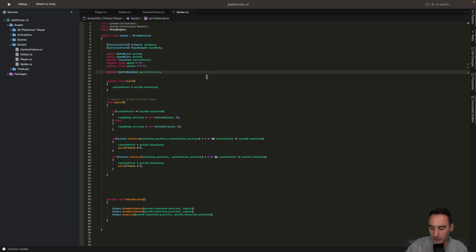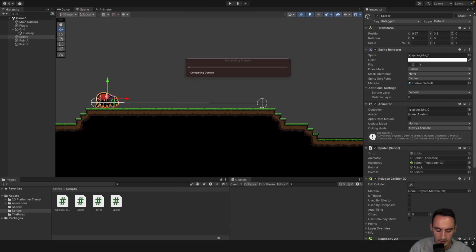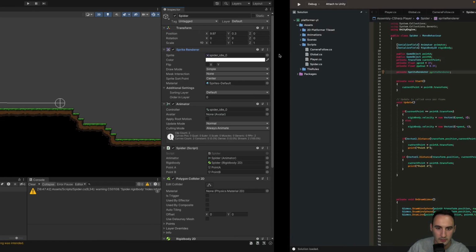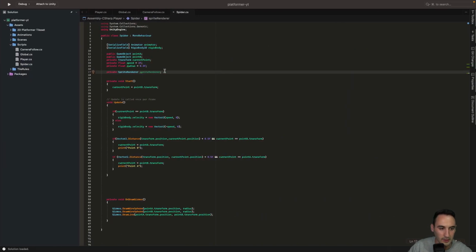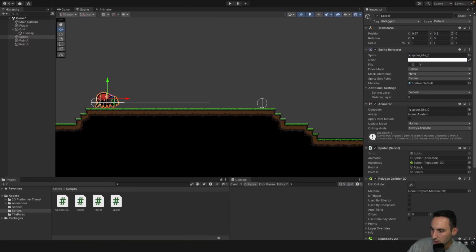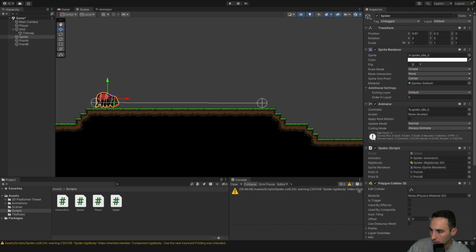that's pretty much it. So now let's go back to Unity. And here we can go and drag that in. So on our spider, all we have to do is drag in our sprite renderer, which is, did we make it private? Yes, we did. So we need to go and put this over here and then make it a serialized field so that we can drag it into the inspector. So to do that, let's just open this up quick, scripts. So on our spider, let's go and drag in our sprite renderer into there, and then that should give us access to flip